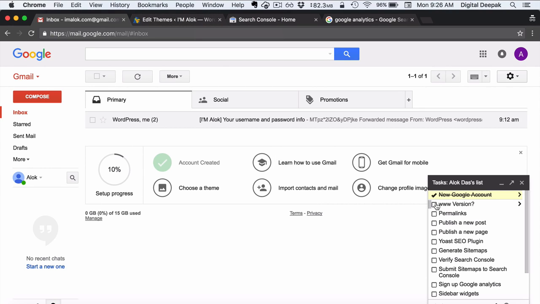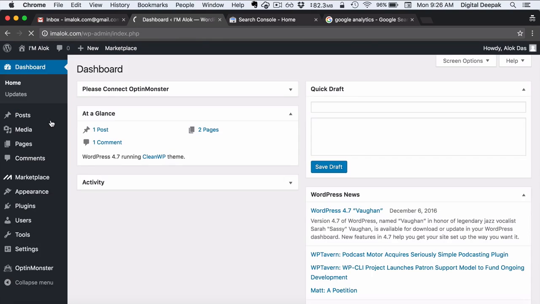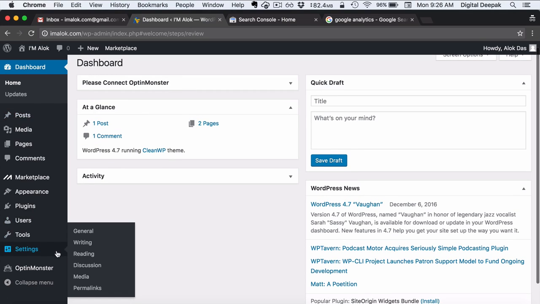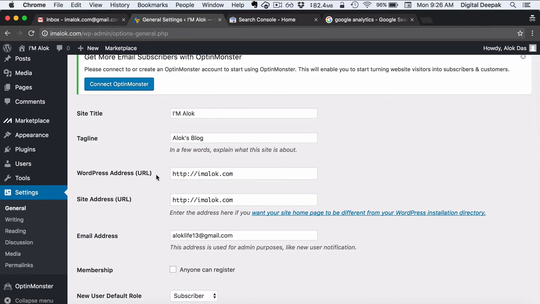The second step that we have to do is choose a www version or non-www version. So we are back in the admin area. Let's go to settings and let's go to general. So here you can see that the WordPress address URL is iamalok.com.